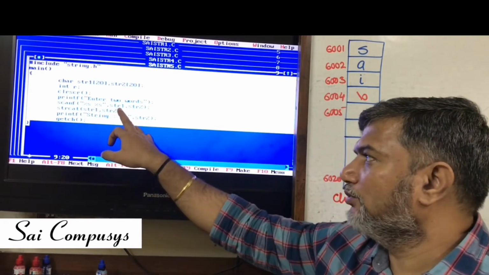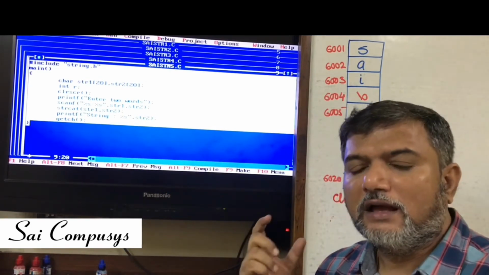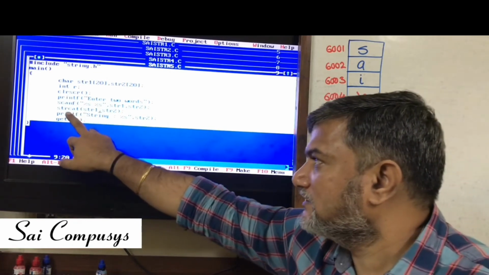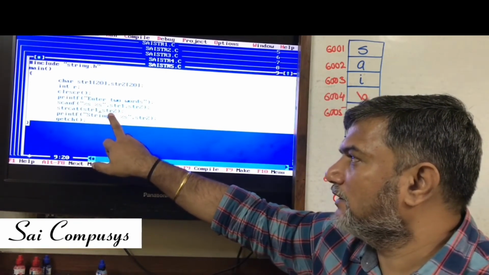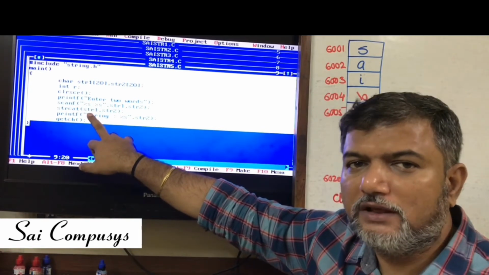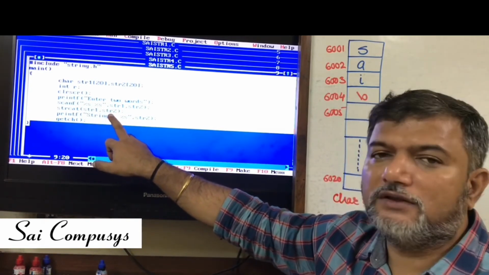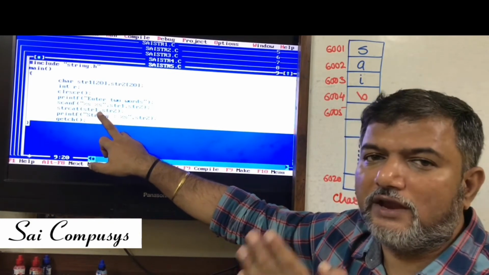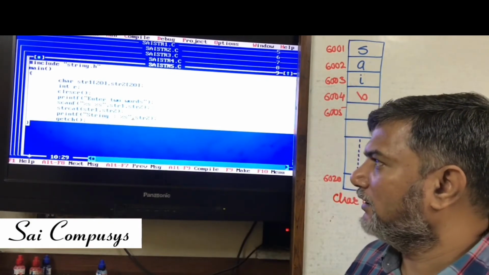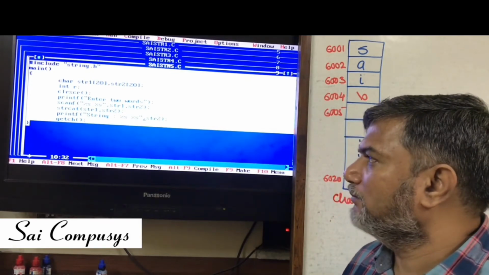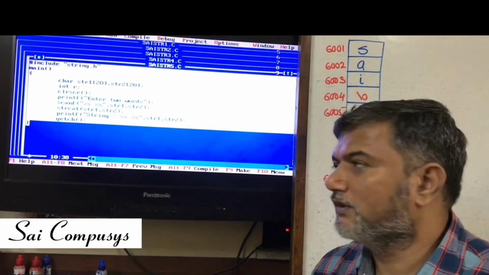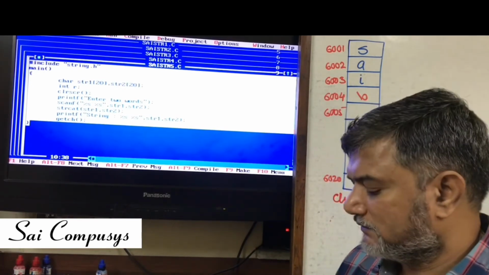I have scanned both the arrays from the user. I have two words from the user. What strcat will do is concat the contents of the second string at the end of the first string. I repeat, strcat will concat the contents of the right string at the end of the left string. So, while printing, I will try to print both the strings for you, str1 as well as str2. So, let us see what happens.